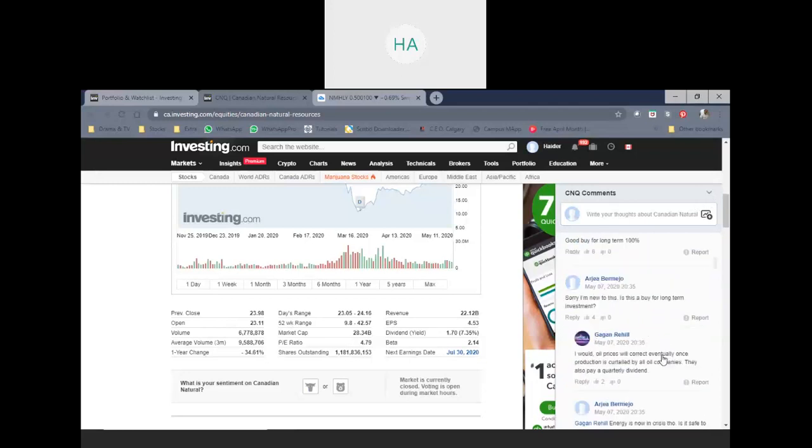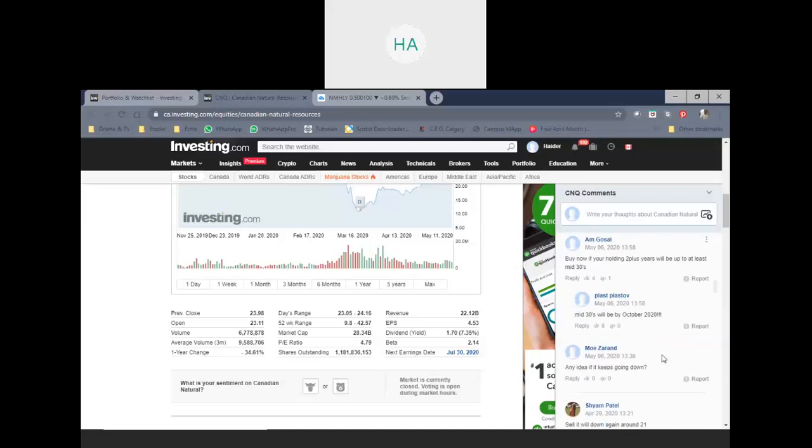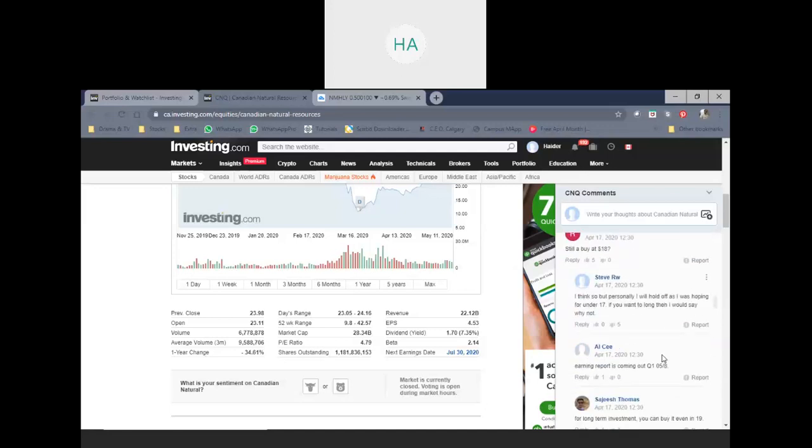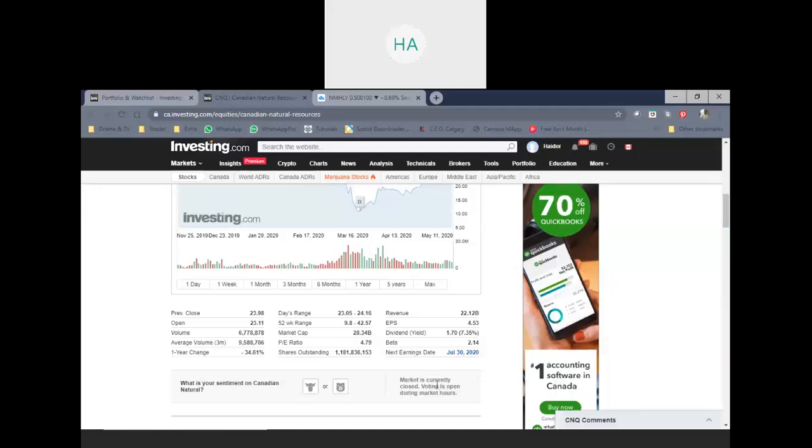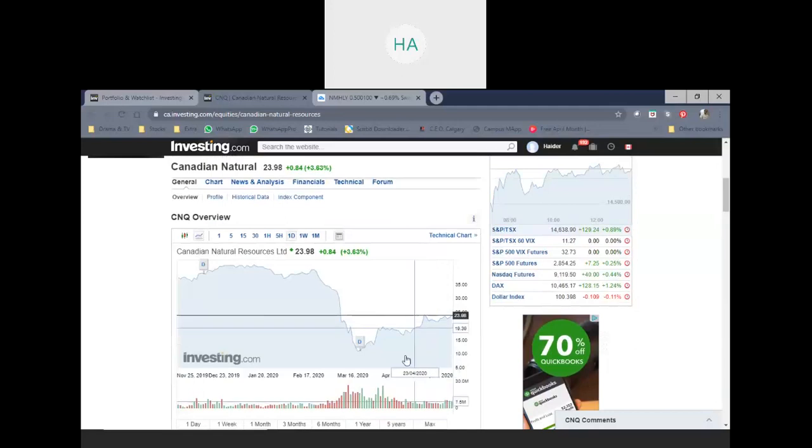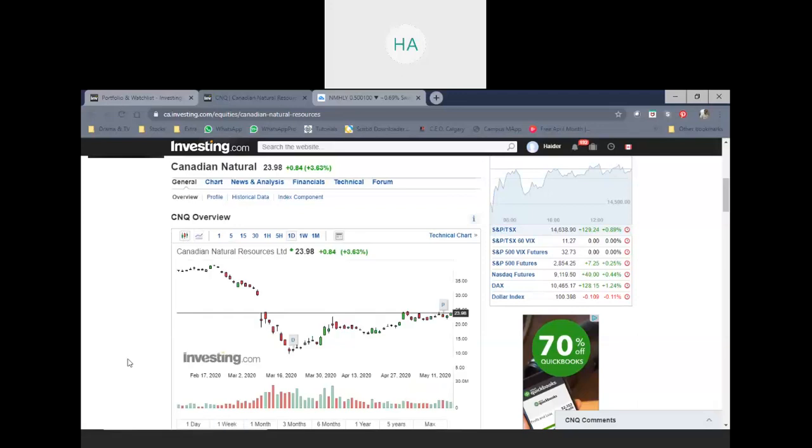But I found it good for finding news, because people share news which you probably missed somewhere. So when you have the chart, this is the normal line chart, and you can see the candlestick here. If I click this one, it will convert the chart into the candle pattern, and these are similar candles you can see. If I click the technical chart again,